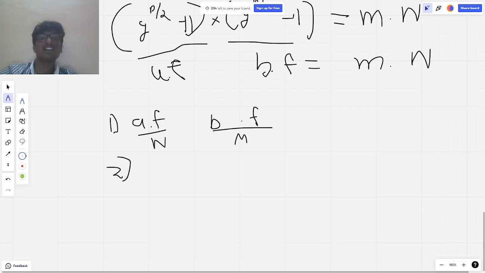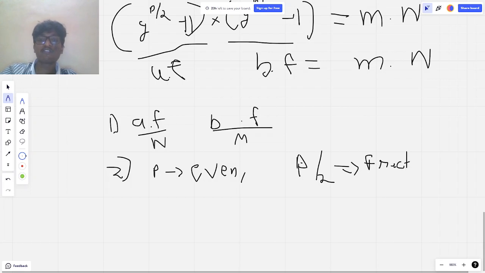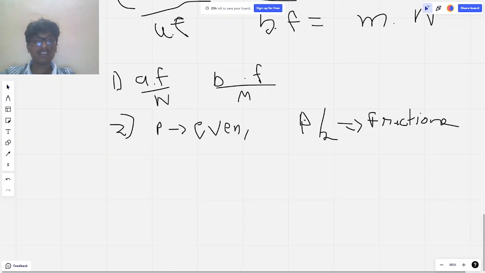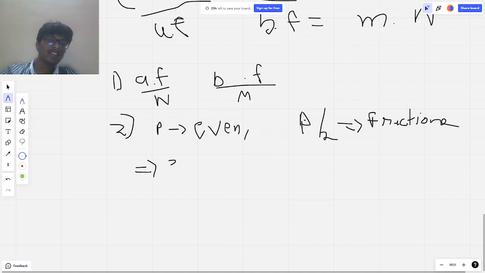And the second issue is that this power needs to be an even number, because if the power p is odd, then p by 2 will be a fraction, and we need integers, not decimal or fractional numbers. So these two problems mean that if we get the factor of n or p as odd, then we won't be able to solve it. But this is not an issue, because